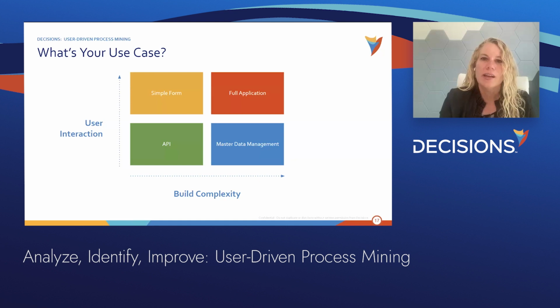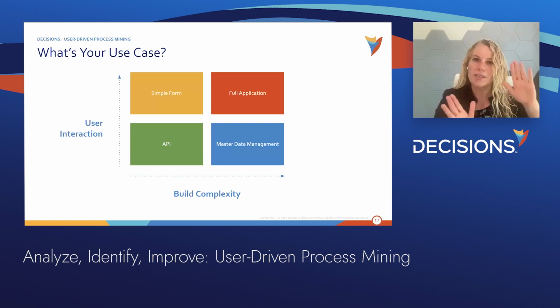Instead, let's look at how our customers use decisions and what your use case is for decisions first. So, the context for how customers use decisions. In the last few months, I've been helping look at our use cases from our current customer base with decisions, and we can split them a couple of different ways. We showed you already how we can split them by industry, but we can also organize them in this 2x2 function. So on the left side here, we have user interaction.